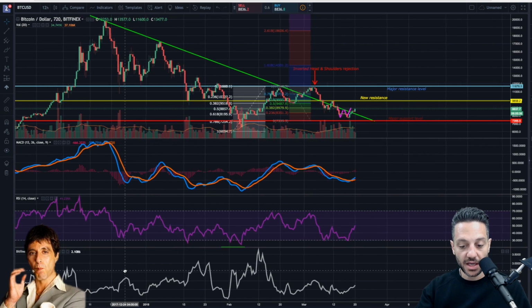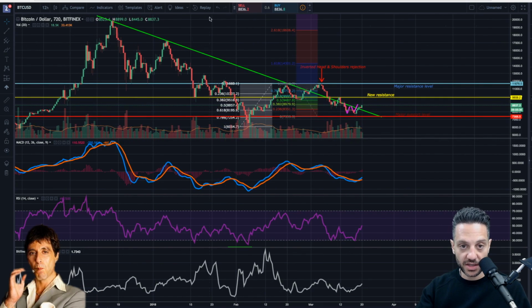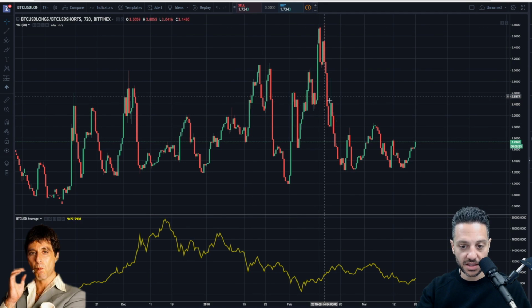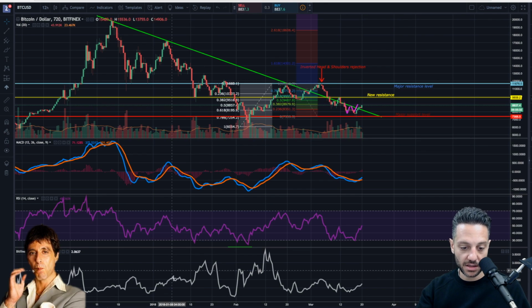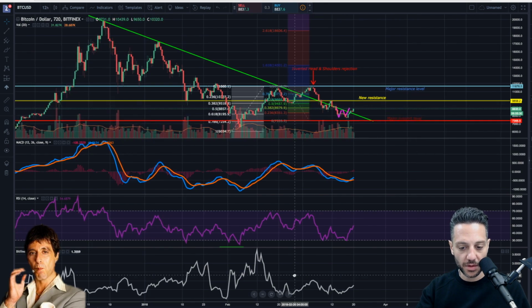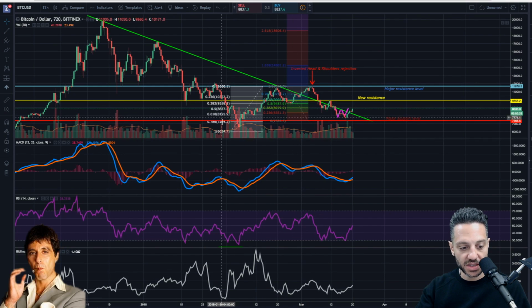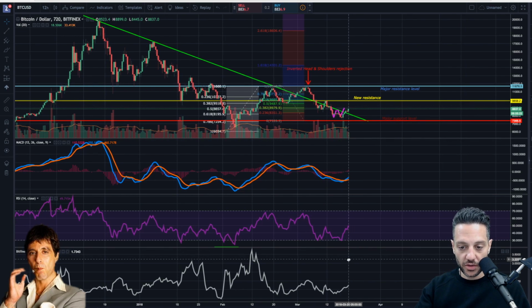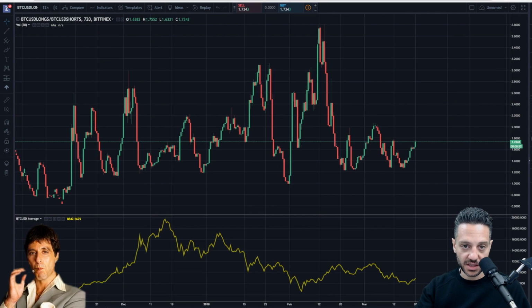I'll just unhide it. You could see this right here is the exact same thing as this, right? It's just in a line pattern in an indicator form. And this is really helpful because you can see it in conjunction with your other analysis and other indicators. So again, this reads the same exact way as this does here.